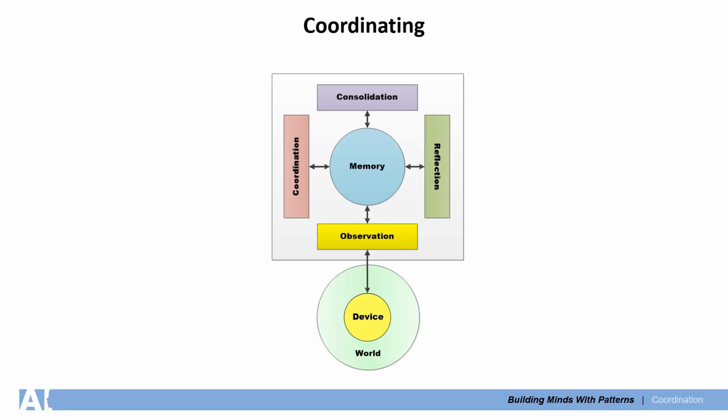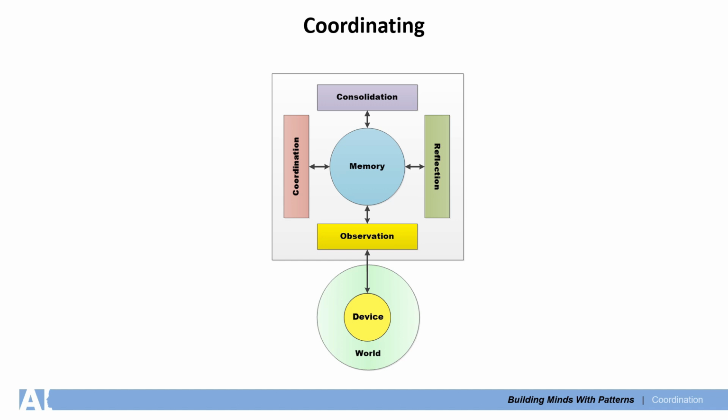This is a generic cognitive architecture. In essence, a cognitive architecture is a blueprint for an artificial mind. Here we see areas for observation, coordination, reflection, and consolidation, as well as the device situated in a real or virtual world. Just as our own bodies are interfaces to our reality, the device is an interface to the reality of the artificial mind. This device communicates with the artificial mind through observation components, which store input from the device into the memory. The observation components are also responsible for communicating with the device's actuators, which perform actions in the